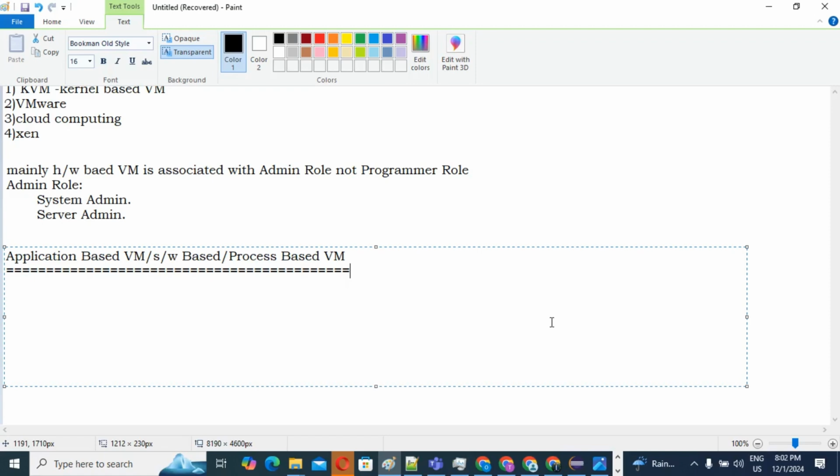Our whole responsibility is how we are going to process. The virtual machine acts as a runtime engine, guys. Always keep that in mind. So I can also write it: the virtual machine acts as a runtime engine to run a particular programming language